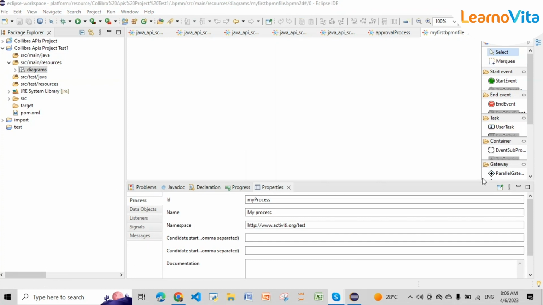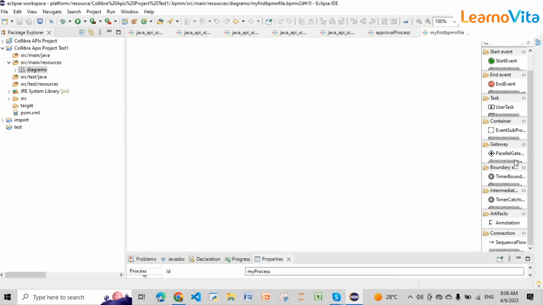that I can drag and drop the elements from the left pane, right pane. So first I need to have a pool. So whenever we start, we should be starting with